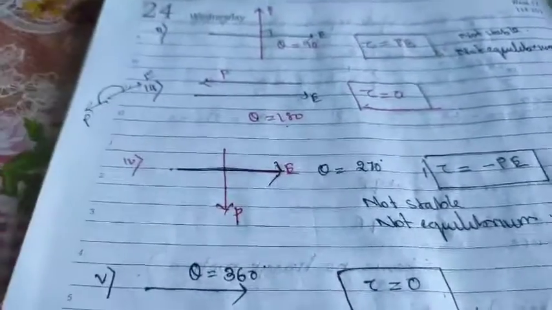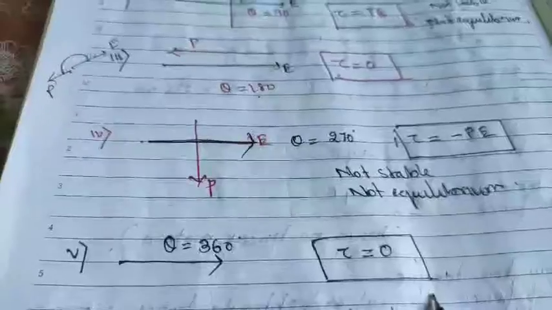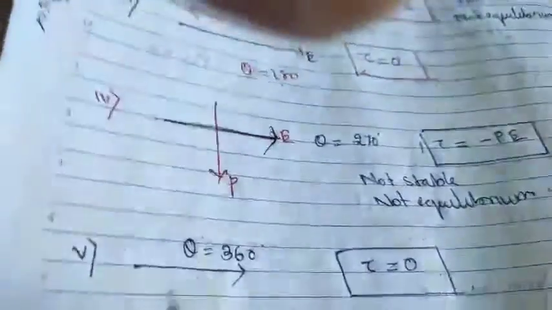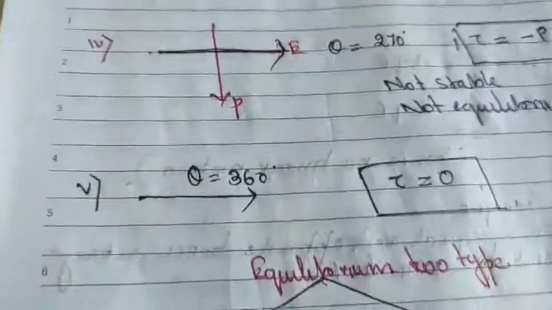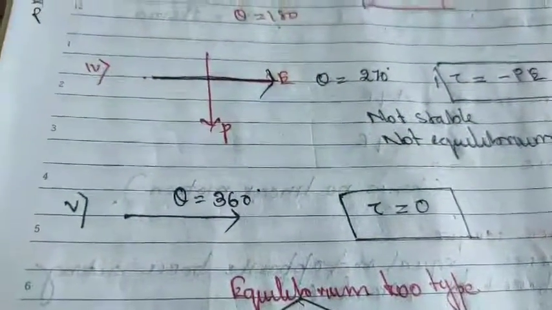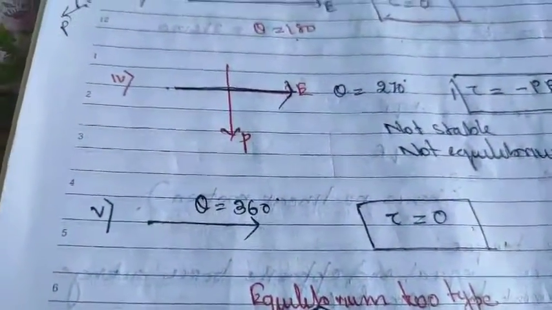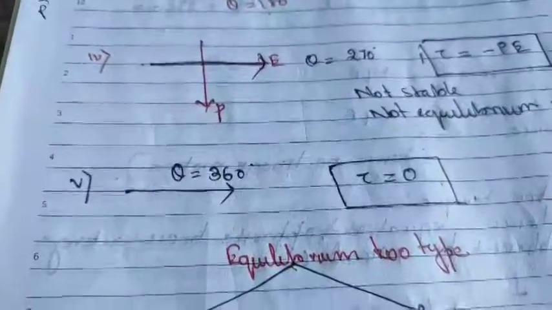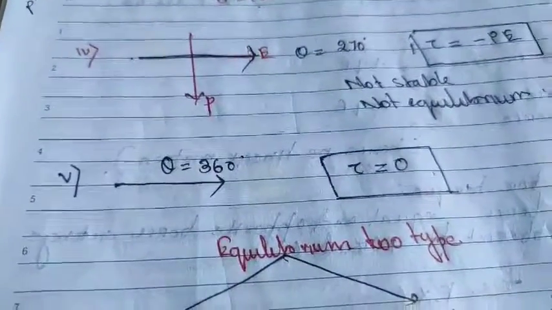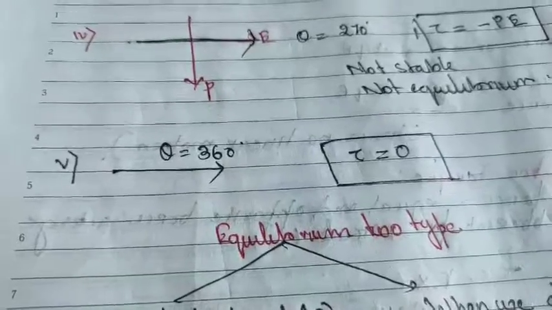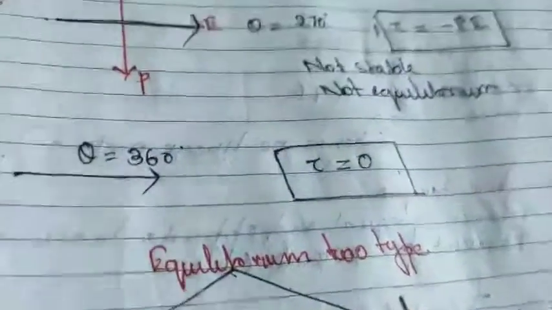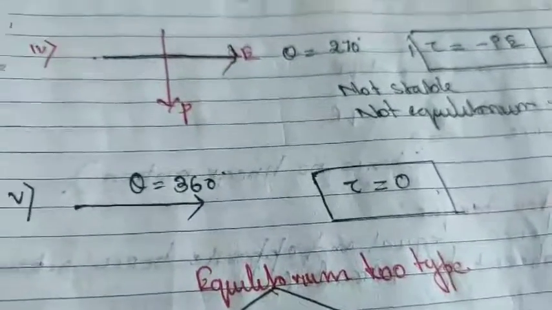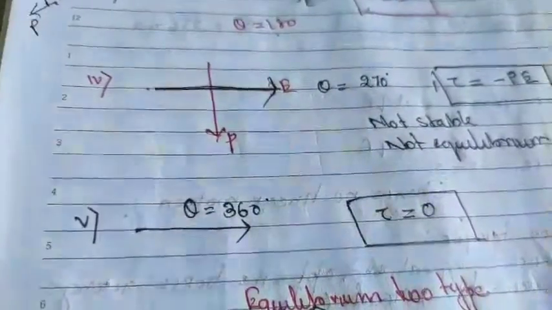I am repeatedly telling this thing because maximum times they ask this question, when you say torque is stable, and students seeing the answer tau is 0, they just write theta is 360 degree, theta is 180 degree like this. No, that is not right, because you have to see the position of the dipole as well as the electric field. When theta is 360 also, student, you get the answer as 0, but you cannot say it is stable.